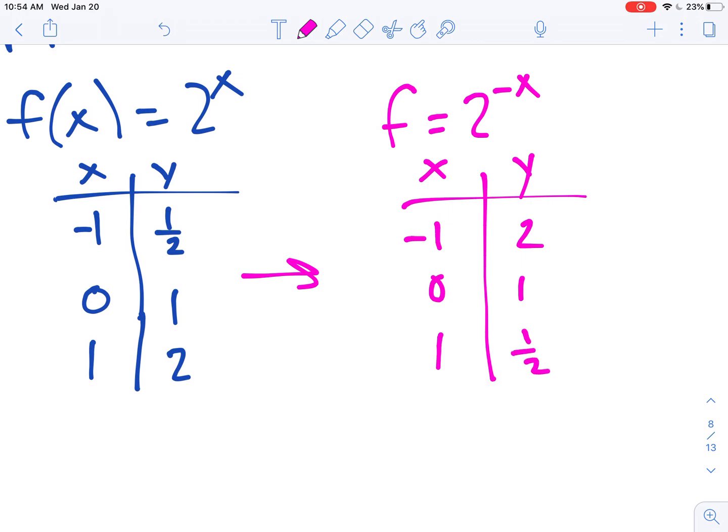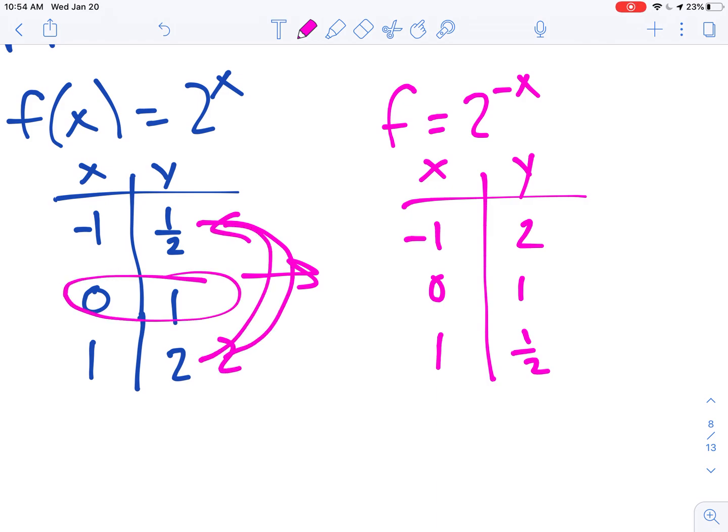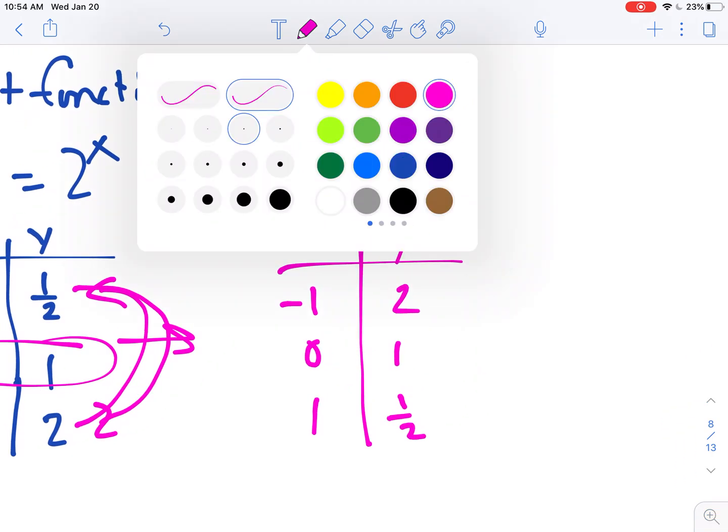So these kind of flip around. This y value gets moved here, this y value gets moved there, and then 0 always stays the same. When you reflect over your y-axis, your y value at 0 stays the same. So now that I've done that, I'm going to do my next transformation,